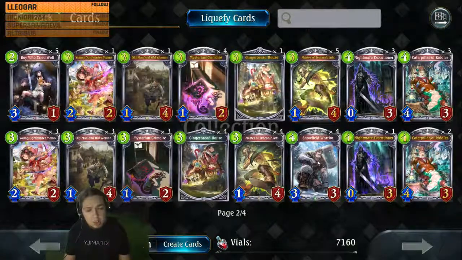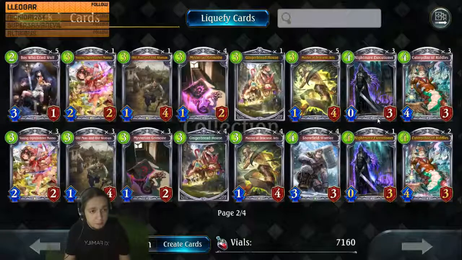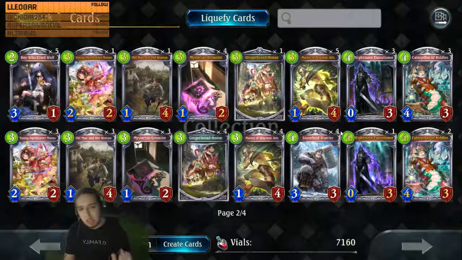Snowfield Warrior, I didn't like the card, I still don't like the card. I don't play the card, you shouldn't play the card. Nightmare Executioner, I haven't playtested him really, because the only Shadow deck I playtested is full-on aggro Shadow without neutral